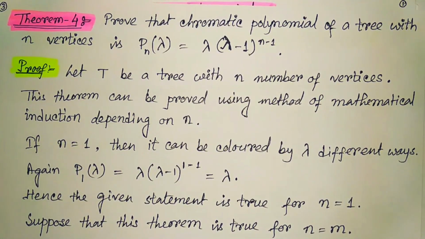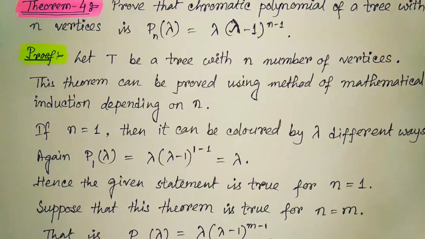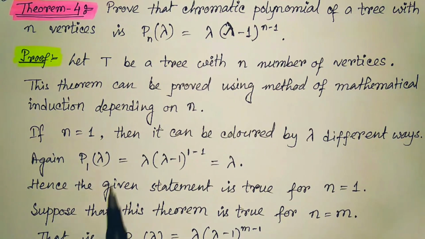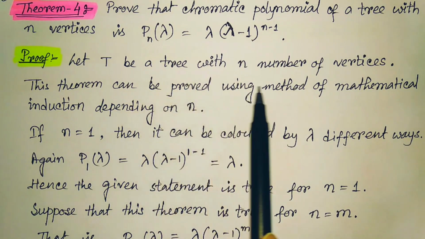So prove that the chromatic polynomial of a tree with n vertices is lambda into lambda minus 1 to the power n minus 1. This theorem, if we want to prove, then we use the mathematical induction method. So what we will do, at first we will consider that let T be a tree with n number of